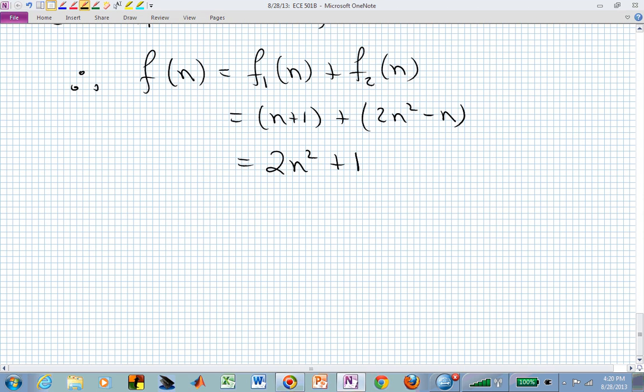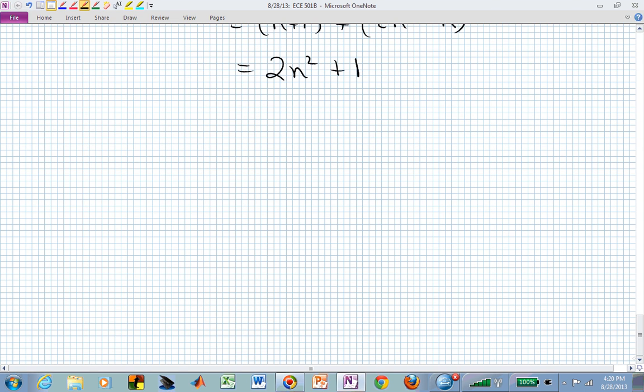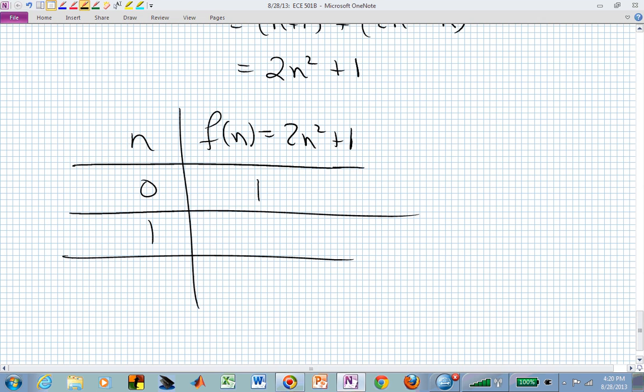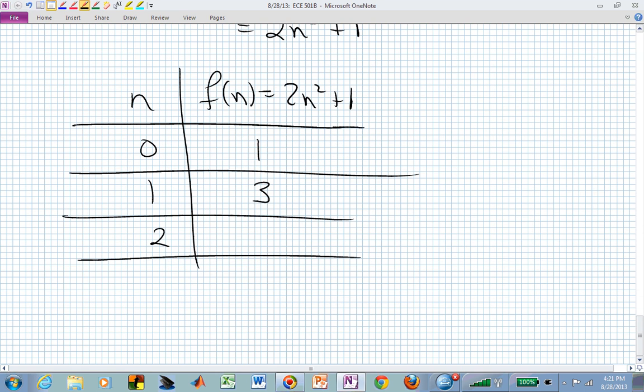Meaning now if we wanted to sort of think in terms of these columns of reals, we could build up a table of numbers. We could say, well, here's n and here's f of n, which we just computed to be, for this example, 2n squared plus 1. That one I hope we can calculate. If I substitute 0 into that right-hand expression, what do I end up with? 1. That's, I hope, okay. Now if we substitute in 1 for n, we have 3, and we can just keep going. Let me just write down some of these. If we have 2,